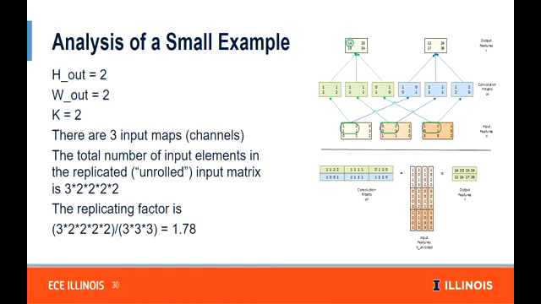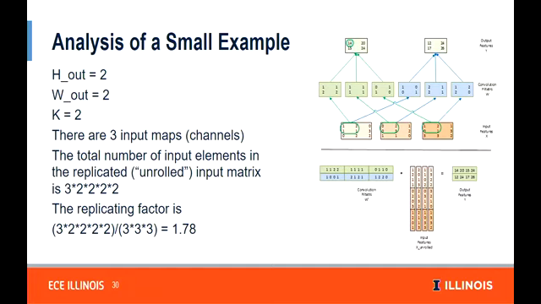It's slightly bigger than the output by K minus 1. So this gives you 3 by 3 by 3. By now you should know that the replicating factor is independent of the channels. It doesn't matter how many channels you have, because you have the channel count on both top and bottom, so you can cancel them. It really has to do with the size of the output feature map,